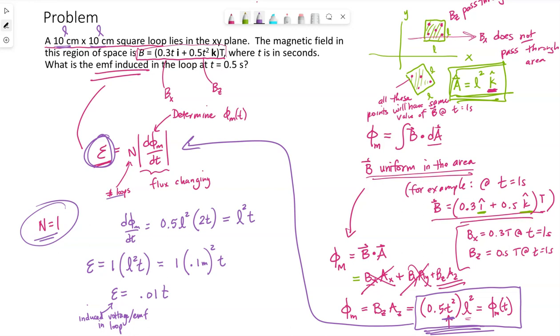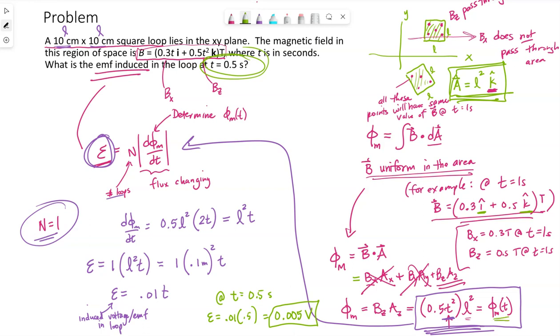That's also part of why they told us in the problem to find the EMF induced at the time of 0.5 seconds. So if I plug in that time, I find that the induced voltage is 0.005. This should be in volts because voltage, that's how we measure it, an EMF. Where these units are coming from,